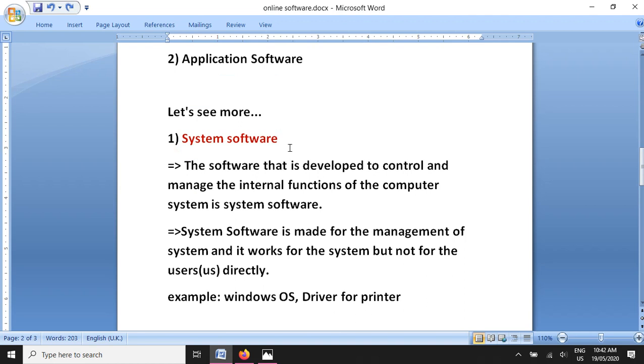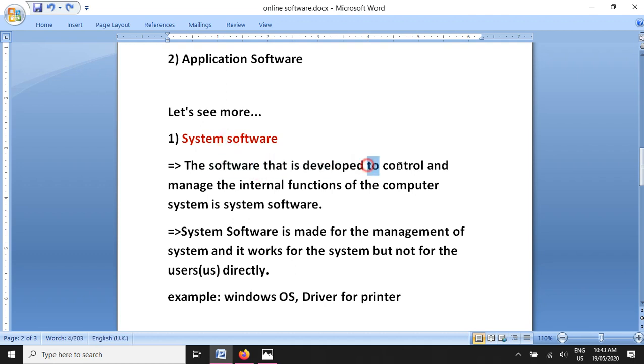Just like you have different parts in your body and they must function in a proper way. If you see anything, there are systems, and systems have different parts. The different parts of a system must be managed to work in a proper way. So in the computer also, first of all, the computer parts must be working fine. Computer parts must be enabled to work, and for doing that, system software is there. So system software is developed.